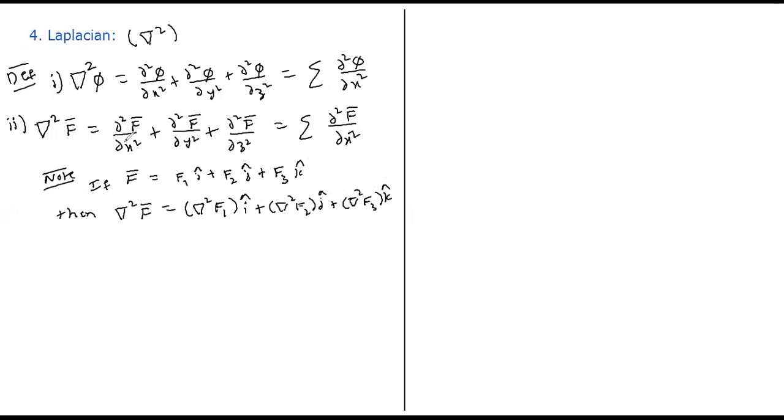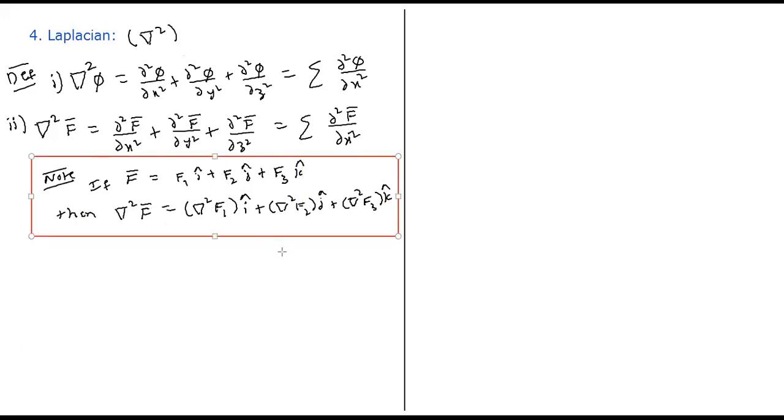I said that you take I bar common, J bar common, K bar common. After taking I bar common, you will notice that the first expression is nothing but del square f1. Del square f1 is nothing but dou square f1 by dou x square plus dou square f1 by dou y square plus dou square f1 by dou z square. It is something like a derivative. The derivative of a vector is component wise derivative. Similarly, the Laplacian of a vector is component wise Laplacian. Is it okay? So you can consider this as a formula. The formula will be quite useful for doing problems. So this is the fourth one.